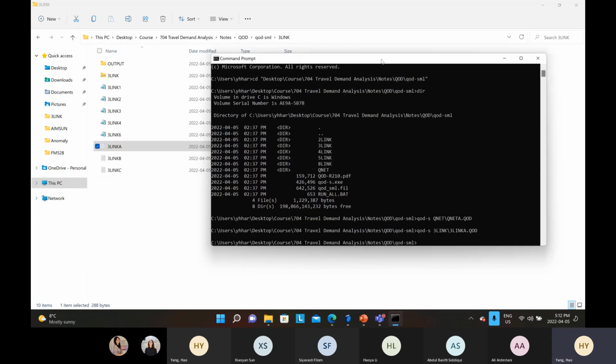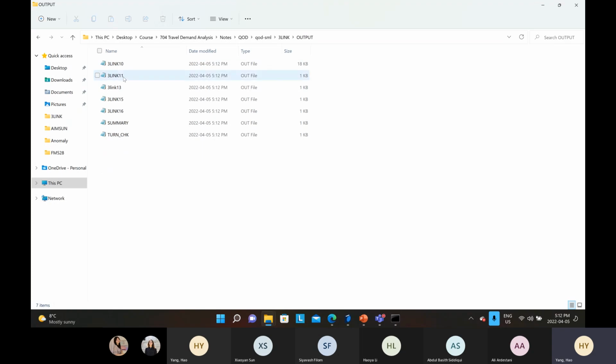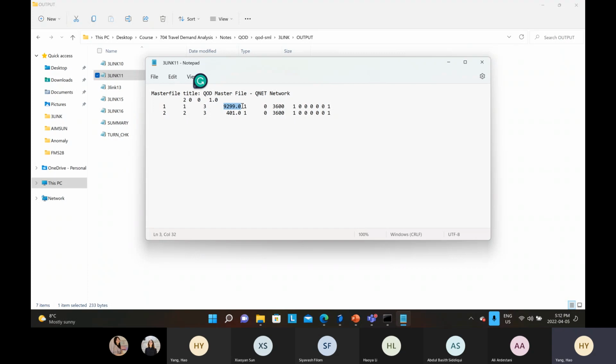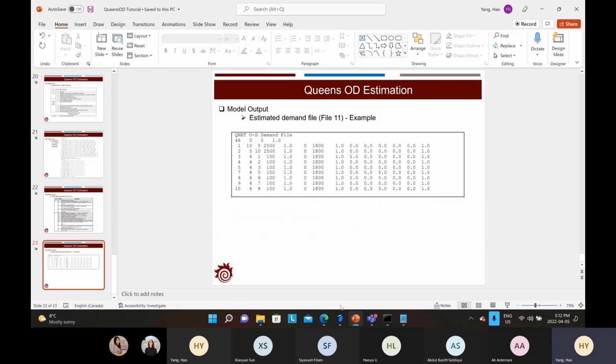and we apply the least square error method to conduct the estimation, and you get the result. The demand from 1 to 3 is 9,299, and the value from 2 to 3 is 401. And this is the example of what we